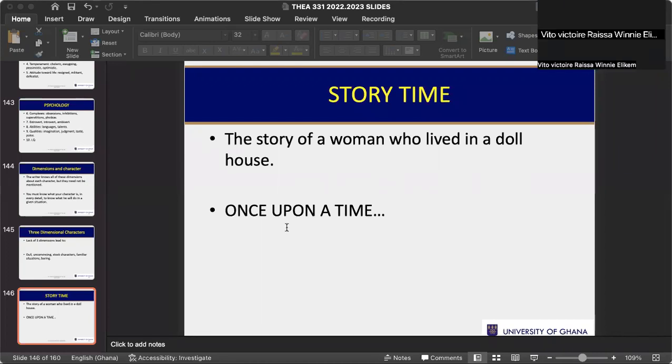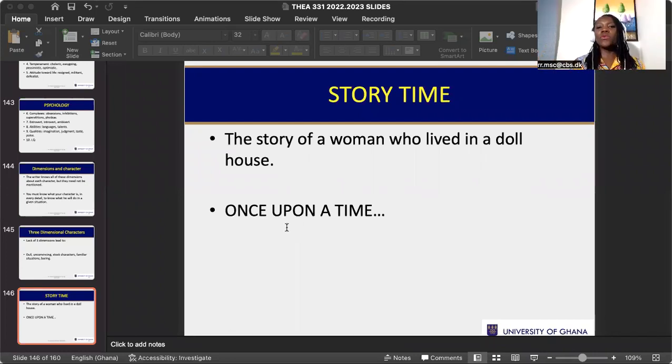All right. It is Christmas Eve, and Nora enters her living room with lots of shopping. She is in such a happy mood. She tips the porter who carries her things in. She tells the maid to hide the Christmas tree until evening when it is decorated. Helma, her husband, shouts from his study asking if she's the one. She responds, nibbling on her macaroons, and hides them when he makes his way to the hall to see her.